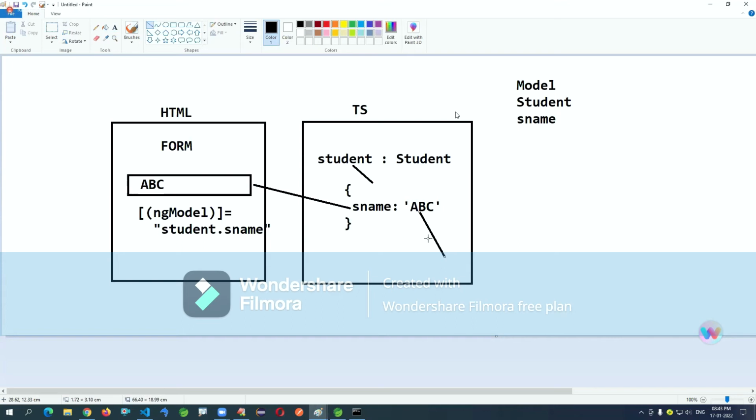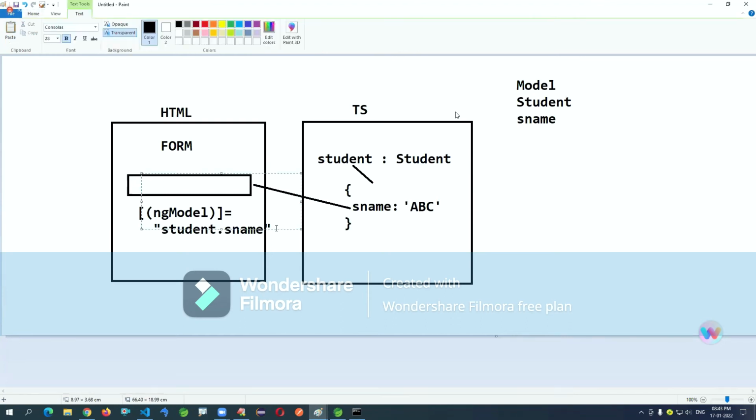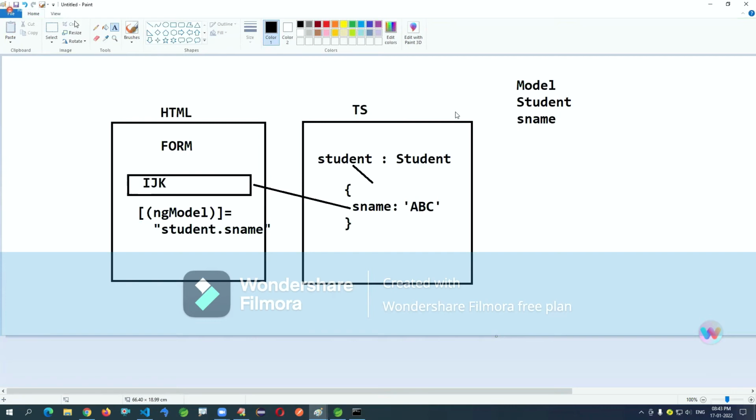When you change a single character here, that will automatically affect. When you change some content here, IJK, need not click on even update button also. They are actually in sync. That is reactive mode, whatever you call here. Automatically, you got the point. That's the work of ng model.